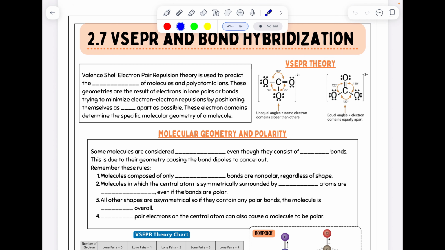This topic is a lot of memorization, so there's really no getting around that, and I would recommend using Quizlet or index cards or something to help you memorize this, but it is covered on the AP test, and it's something you should memorize. So valence shell electron pair repulsion theory is what VSEPR stands for, and it's used to predict the geometries